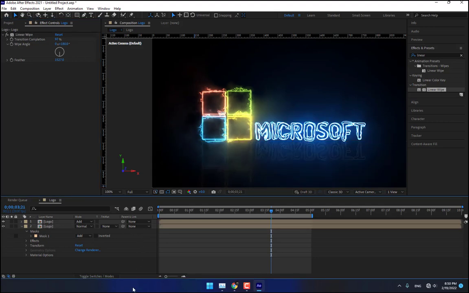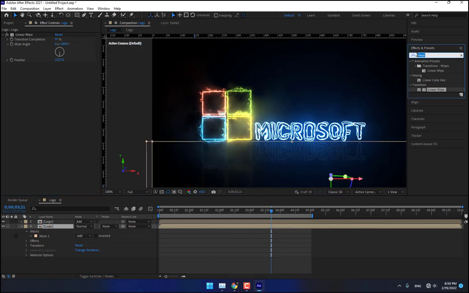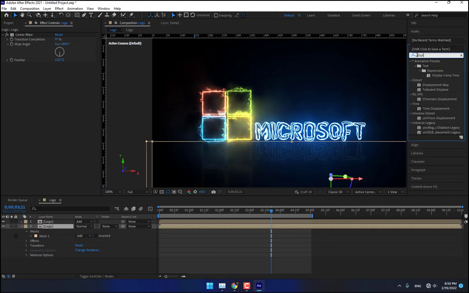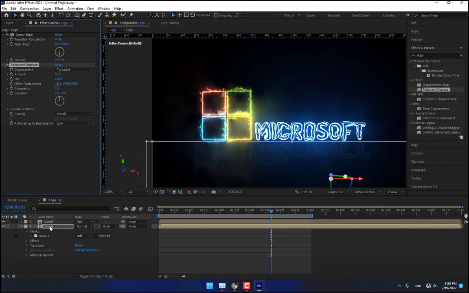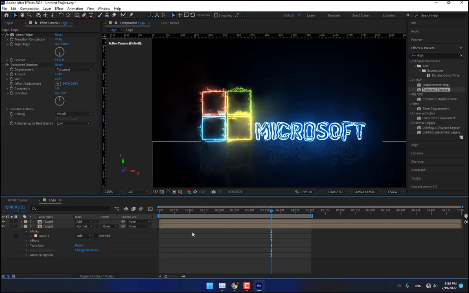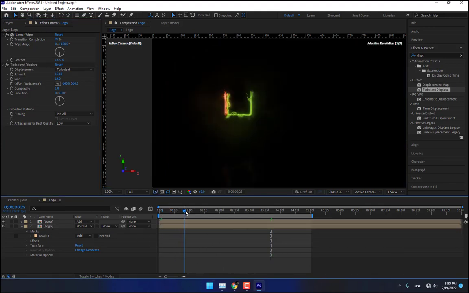Good. Okay, select again the logo and go to effect and presets. This place, turbulent, this place. There is about size, and this is about amount. Okay, now